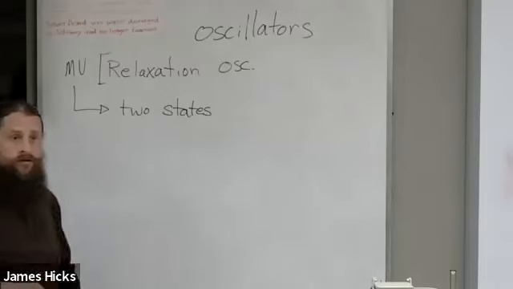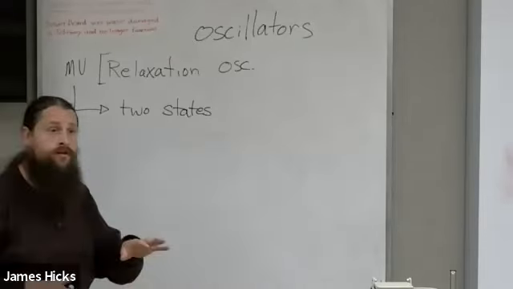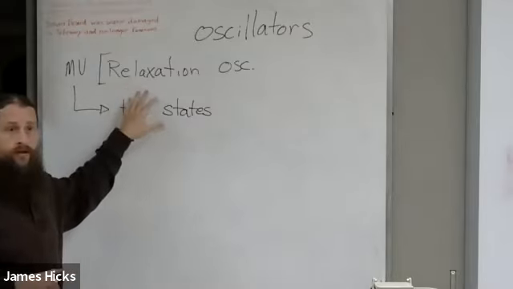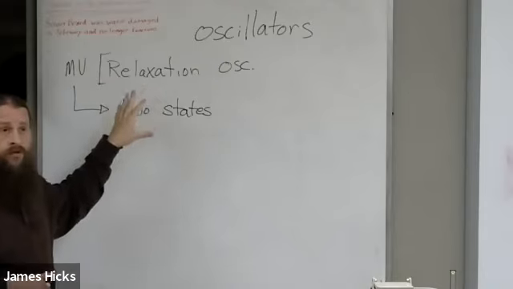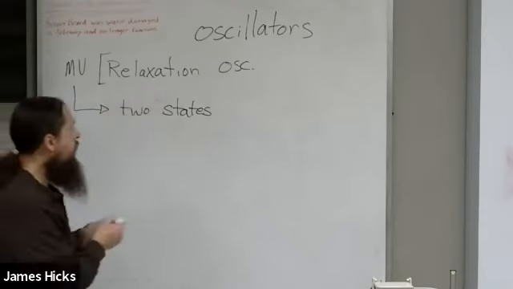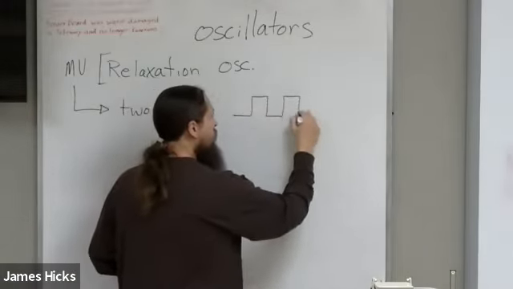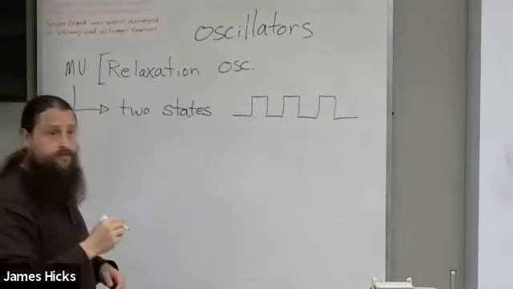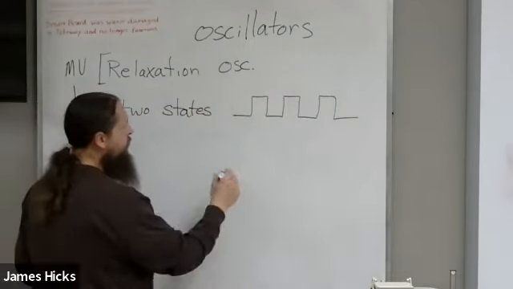The multivibrators have two stable states, two possible states. So the best you can get with this relaxation oscillator is a square wave. So you can get an oscillator, but you're restricted to pulses like that. You could do some things like